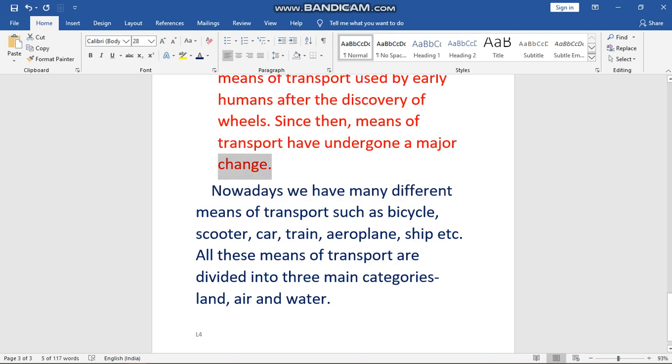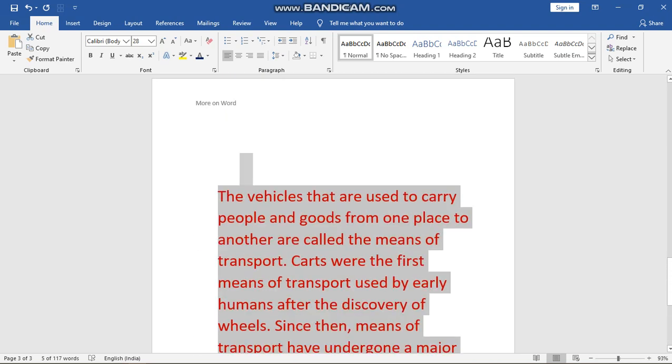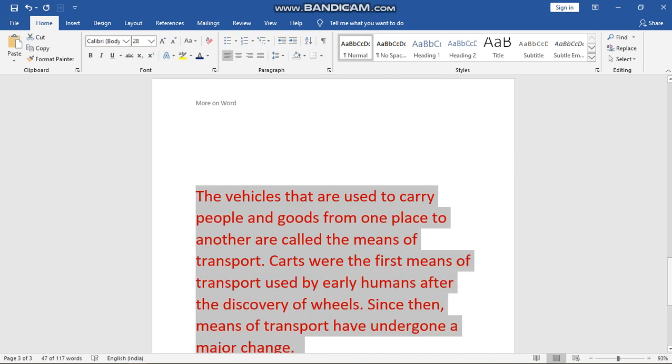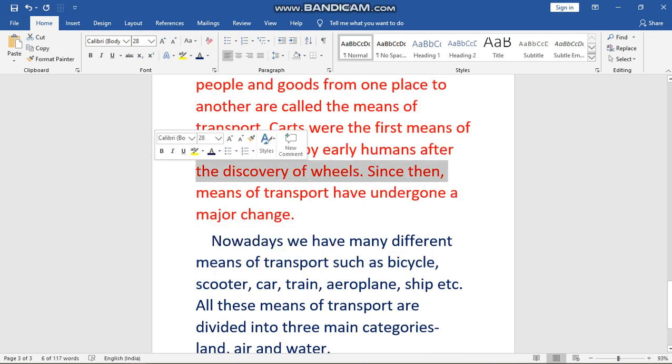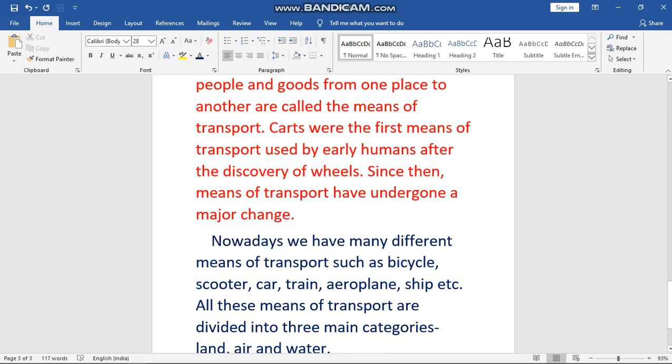If I select the first paragraph again and I click on decrease indent again, then I'll get my paragraph back with no change. So I actually selected both the paragraphs and clicked on decrease indent. Now both the paragraphs are at the same distance from the margin. This is how we do the indenting of the text.